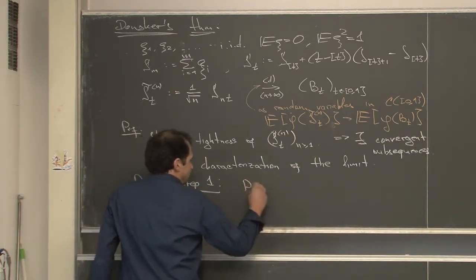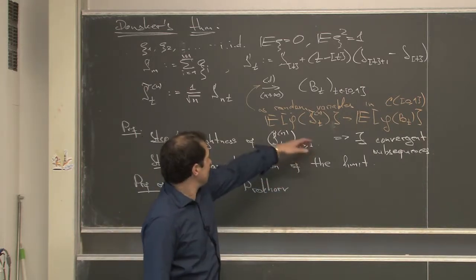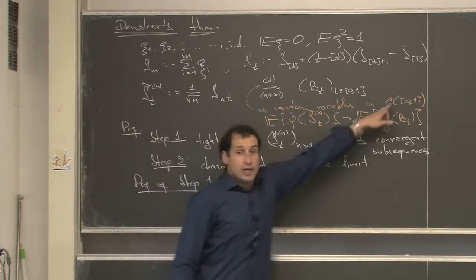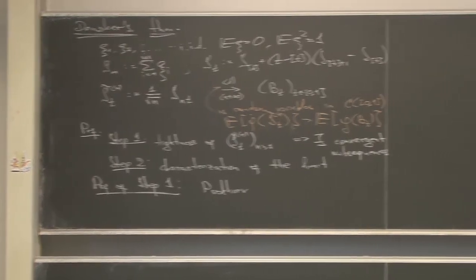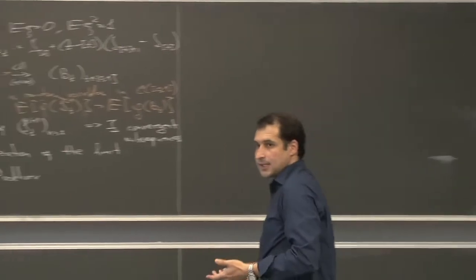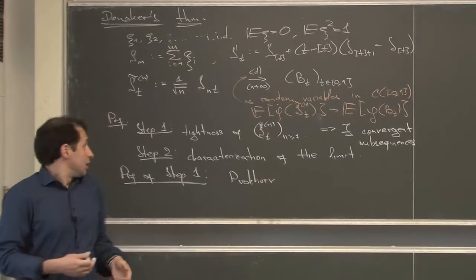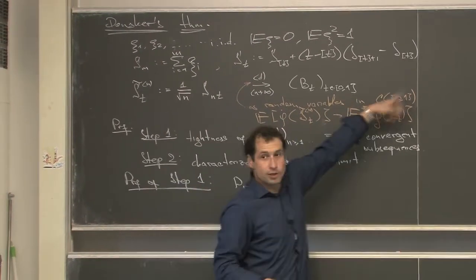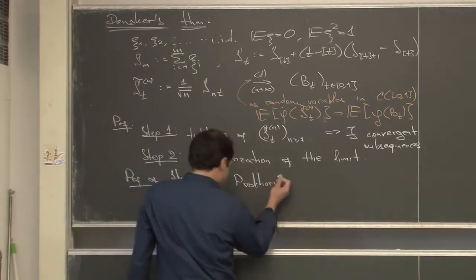So there is an abstract statement. If the space C[0,1] were a metric compact, then there would be no problem, because on a compact metric space, the space of all probability measures is already weakly compact. The problem is that it is not compact, so there are unbounded functions. So Prokhorov's